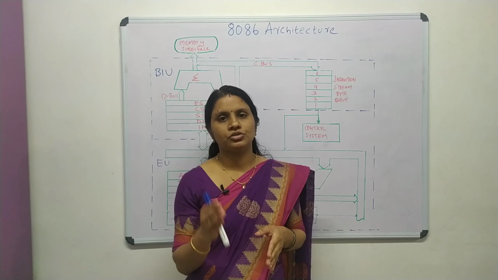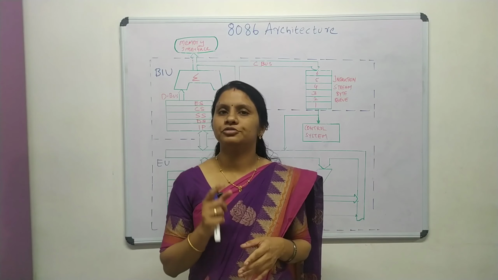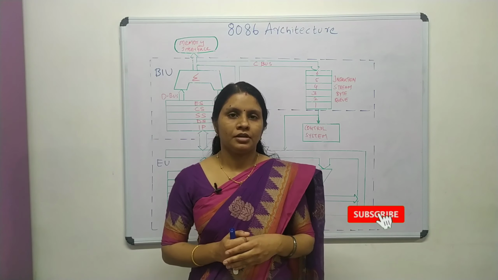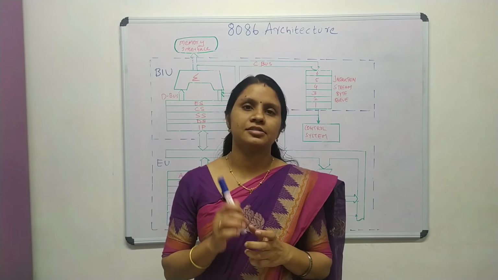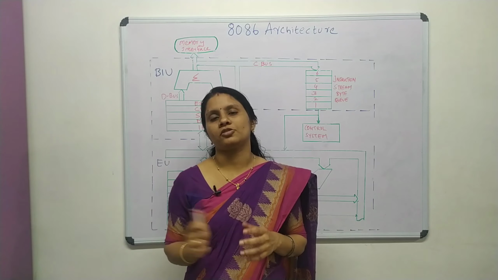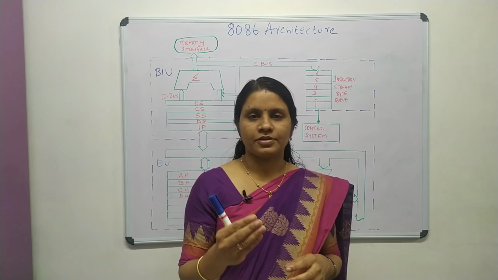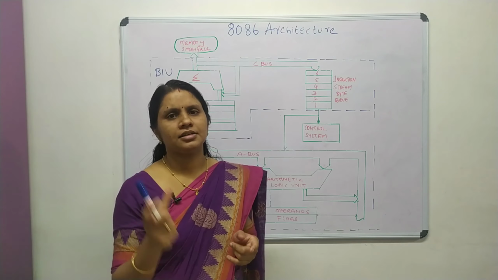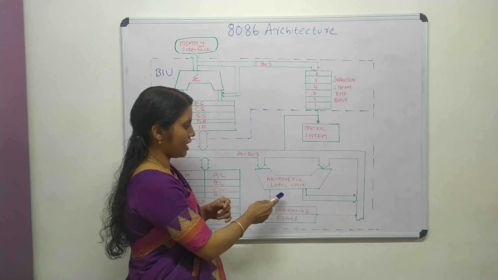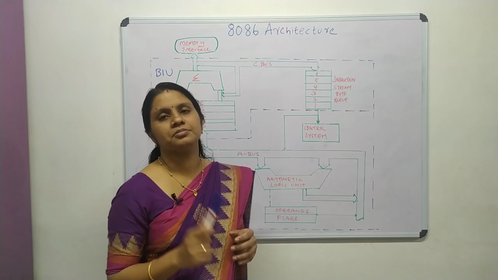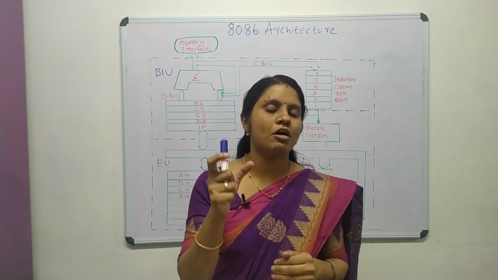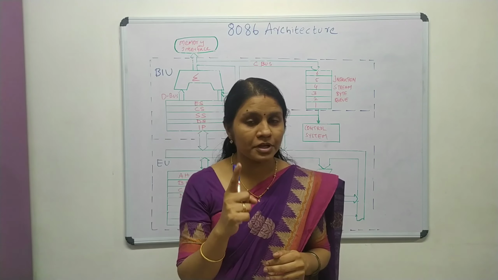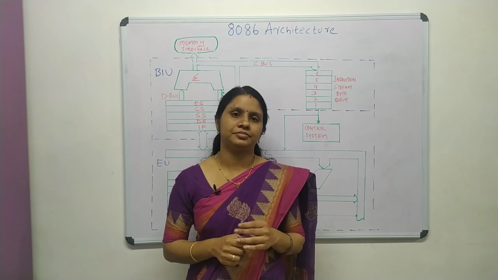In this session, we are going to discuss the internal architecture of 8086. Most people learn 8086 as their starting processor. First of all, you have to know that 8086 is a 16-bit processor. That is, it can transfer 16 bits of data at a time, or it has an ALU of 16 bits. That is, it is capable of working on 16 bits of information in one operation or in one cycle.